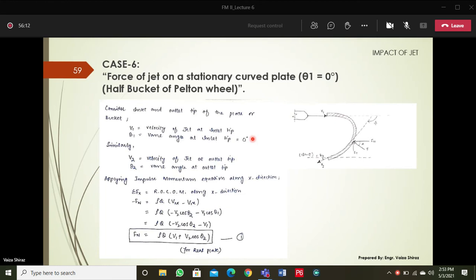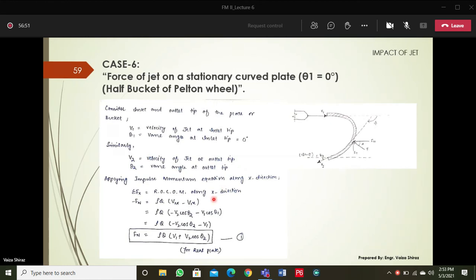Whenever you do the derivation, don't forget to write down all the terms from the start till the end. I tried that in every derivation, although they are repeating, I have mentioned all the parameters A to G in the same order. These steps are exactly the same as you did in the previous case. So you also have to write down everything, draw the figure completely, and write down all the parameters. Don't jump to the application of the equation. Form the proper basis for why you are doing this and what the parameters are.